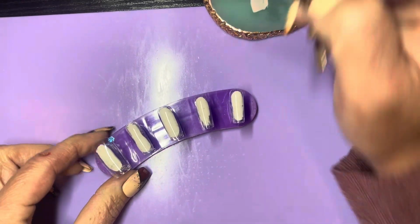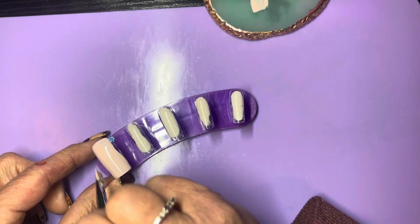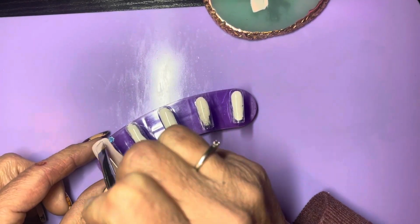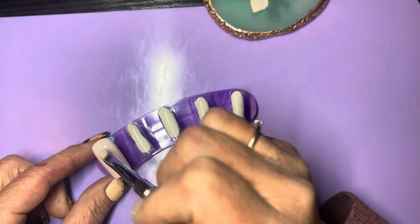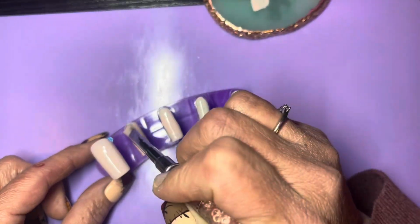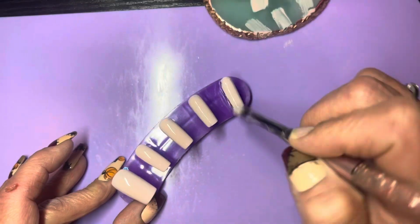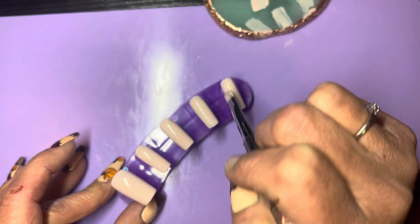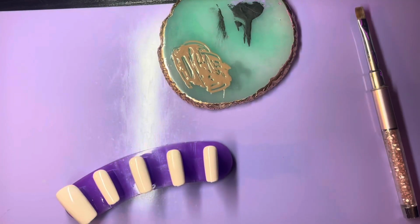And here's me doing the other hand. 2 coats. It was a little bit sheer when I put it on, so that's why I went in and did 2 coats. So I'm going to be doing a French tip on these, so I didn't want to be able to see through any of it. So after we give those a good cure and make sure they're cured all the way,